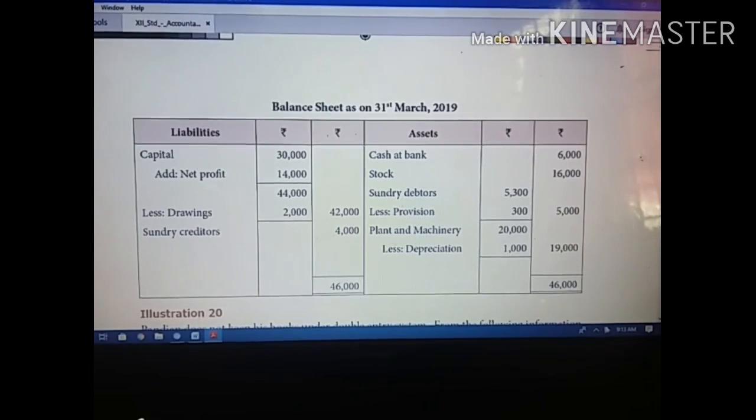So you have to work out exercise number 19 and 20. 19 and 20 are the same problem. Whenever you are going to prepare a problem, you must read the question once, twice or thrice. First you must understand what you are going to find out, what the missing figure is. If you find out the missing figure, then based on the missing figure we have to open an account. So first you must know what is missing. That missing information you have to prepare through total debtors, total creditors, statement of affairs and the like. So you must work out exercise problems 19 and 20.